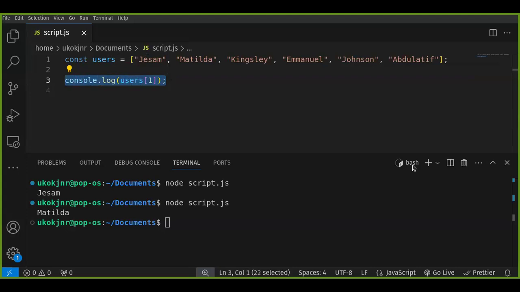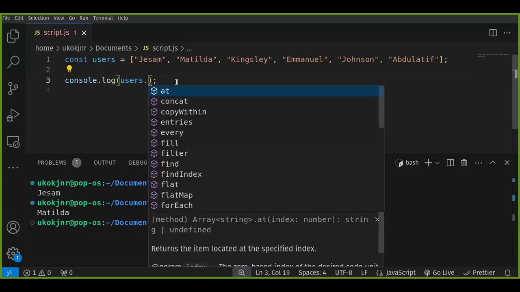Someone is asking whether they can be an array, like a 2D array. So when you have an array nested in an array, you have a 2D array. Now you can have that, you have users here, and then you can have users dot